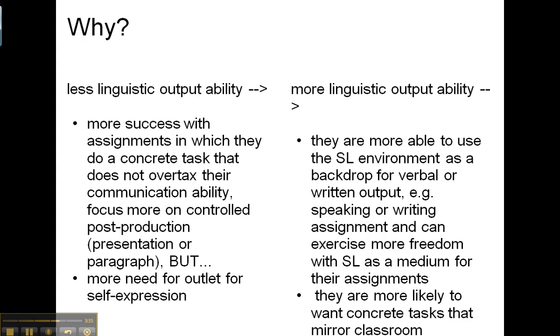On the other hand, the students with more linguistic output ability are more able to use this Second Life environment as a backdrop for verbal or written output independently, because they can move around and ask questions and express themselves with more facility. So speaking or writing assignments, they can do in world rather than afterwards as post-production, and they can exercise more freedom with Second Life than using it as a